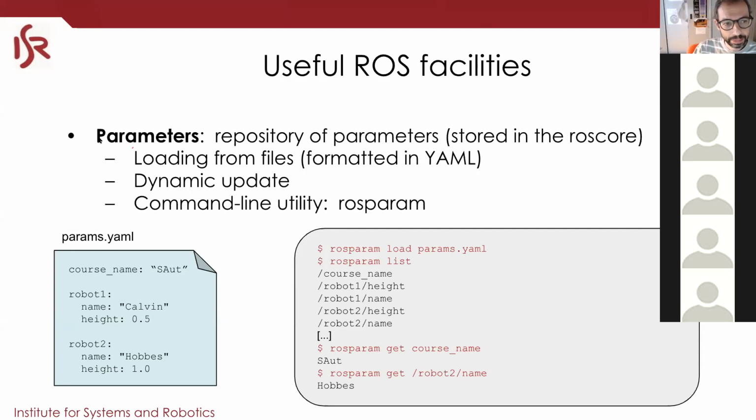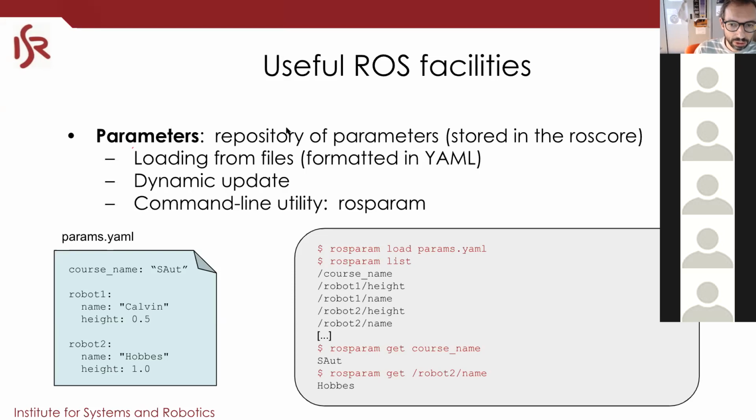ROS parameters are a repository of parameters that are stored in ROS core. Another functionality of ROS core, besides being a mapping of who is which, is to have a database of parameter values, okay? These parameters address the pattern where your software depends on parameters, and if you want to change anything, you just need to relaunch your node after you set the new parameter. So parameters are used a lot in ROS, okay?